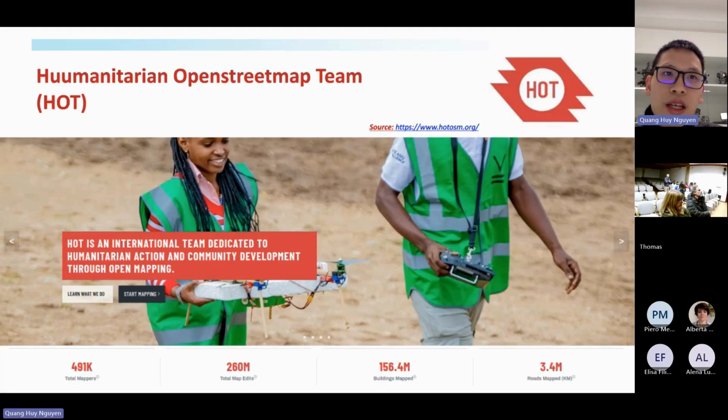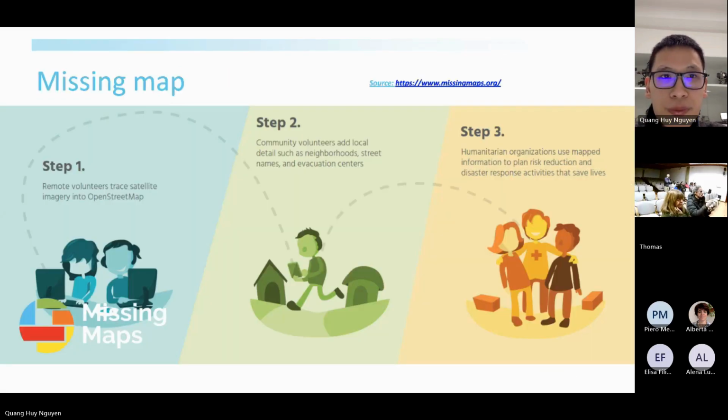Then we have the Humanitarian OpenStreetMap Team, which you are familiar with because I assume that most of you have used the HOT Tasking Manager. By using the Tasking Manager, you also contribute to one of the Humanitarian OpenStreetMap Team projects.